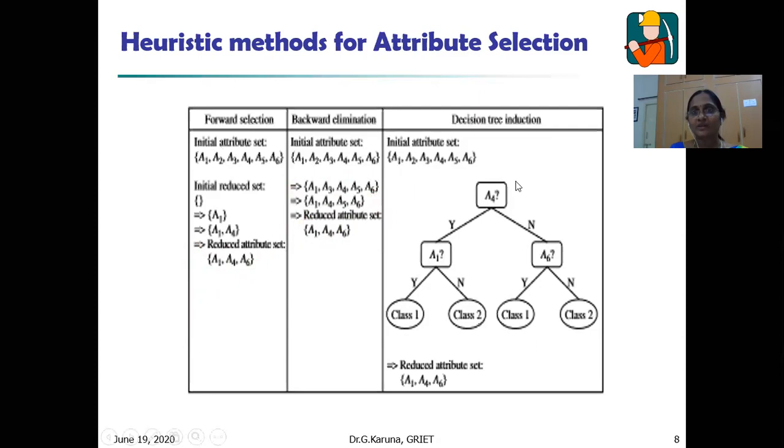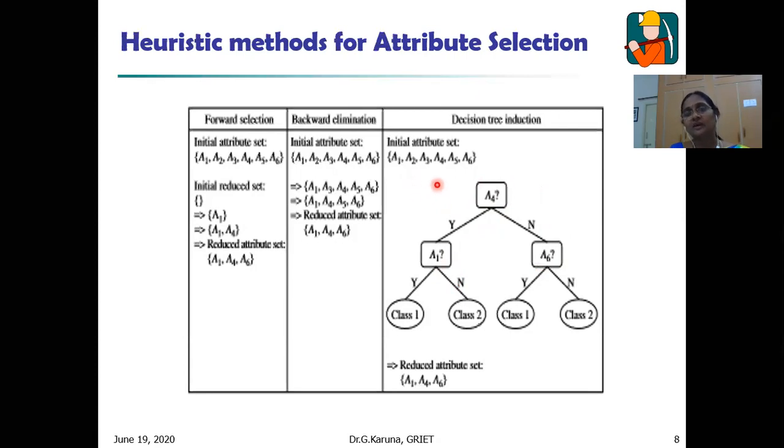This is the decision tree, a collection of nodes and branches, looking like a flowchart or tree-like structure. Here A4 is an attribute, A1 is an attribute, A6 is an attribute. How can we identify that A4 is the best attribute? We need to calculate the information gain or any one of the attribute selection measures.